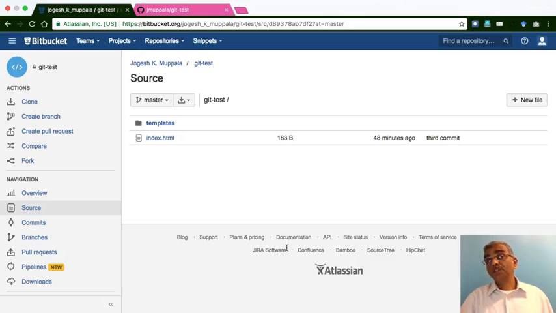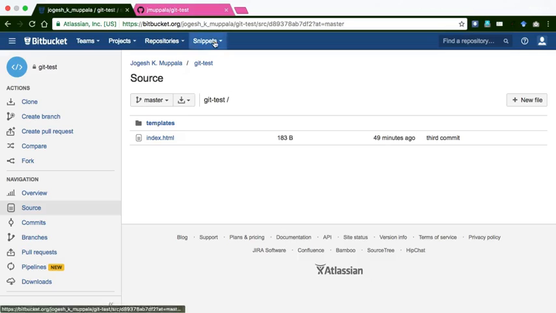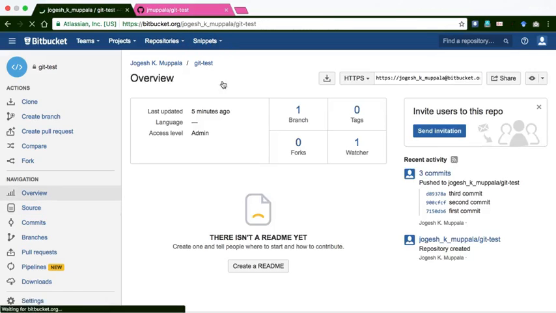So with this, suppose somebody gives you a Git repository. Can you make a copy of that onto your local one? So this is where we use another Git command called git clone. So now here you see that I have this git test repository. So what I'm going to do is I'm going to go to this repository and then copy this URL. And then I'll show you how I can create a copy of that Git repository or clone this online repository